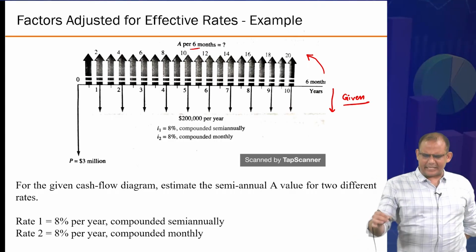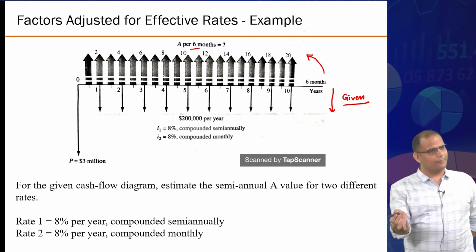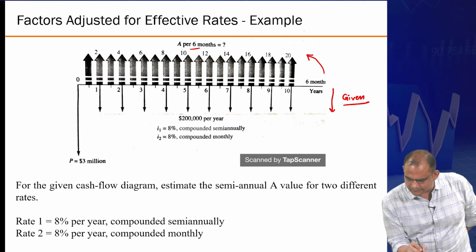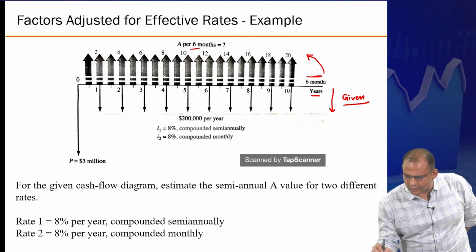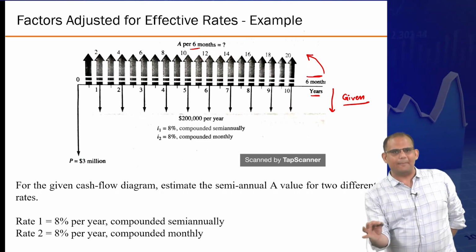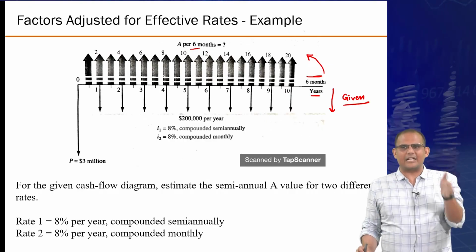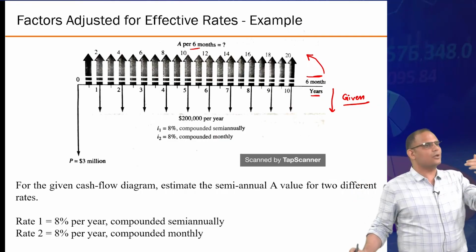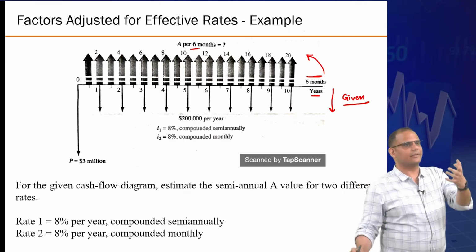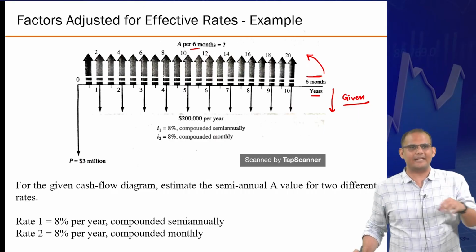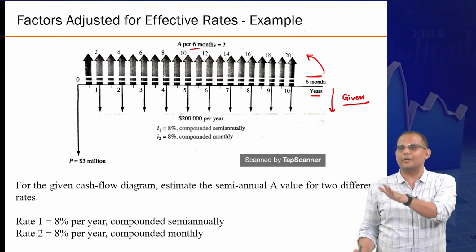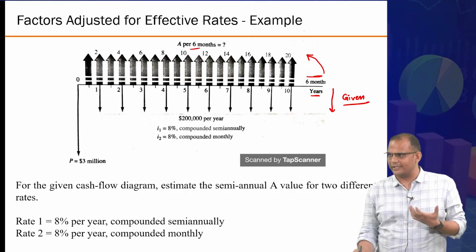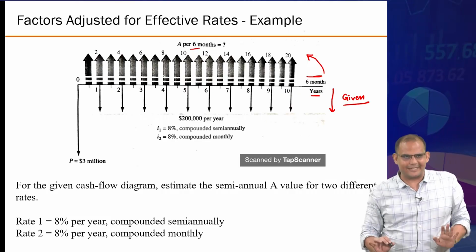I can give you a slightly modified version of this question where it would be a useful concept. Instead of 1 year, the bottom time unit is in years, the top time unit is 6 months. Just multiply it by twice. Let's say your cash flows are happening every 2 years. But a 2-year concept is not easy for people to understand, because it's very easy to ask, on a yearly basis, what is my cost? Like annual cost, you are always interested because your financial cycle typically runs in an annual manner. So if you do that, this question makes sense.